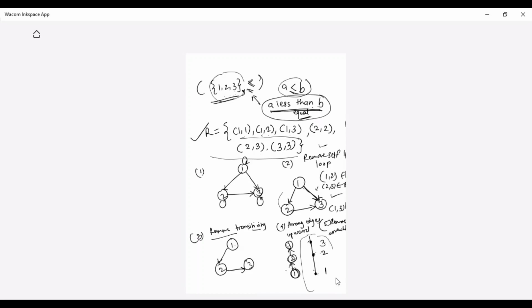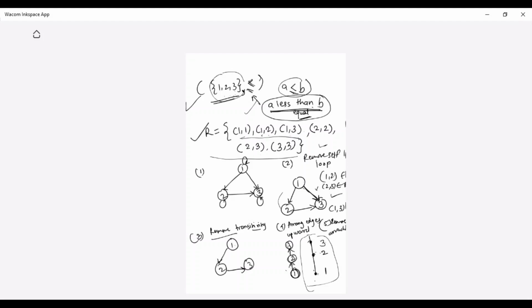So this is the Hasse diagram for this given poset, student, A less than B. And this is the convenient graphical representation for this given poset. By checking the diagram also, you will come to know what the poset would be. So I hope you have understood how to draw the Hasse diagram, student.